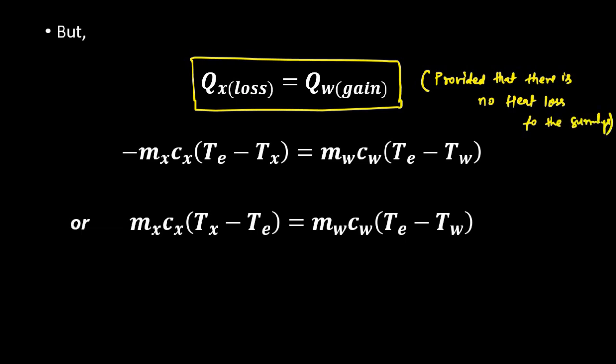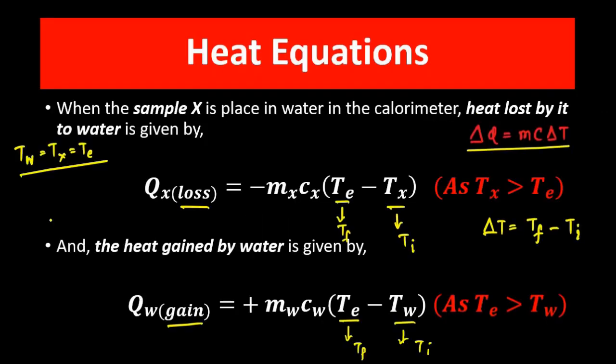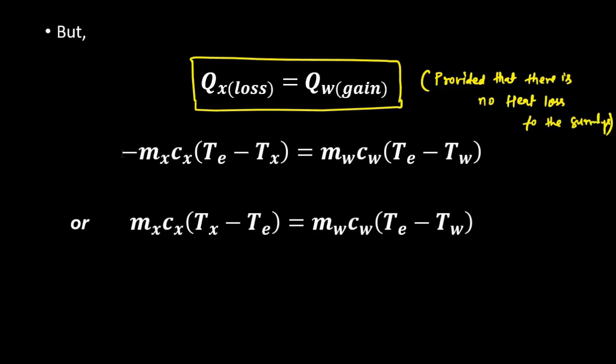So you cannot completely ensure a 100% guarantee that there will be no heat loss, so always a margin of safety, a margin of error, is considered. Okay, so that is the principle, but here for discussion purposes we'll consider that there is 0% heat loss. So heat loss is equal to heat gain. So the amount of heat lost by the hot object is equal to the amount of heat gained by the cold object. So if we equate these two, that is minus mx cx (Te minus Tx)